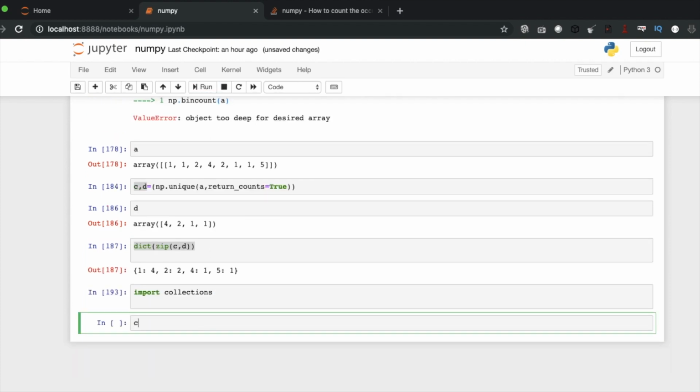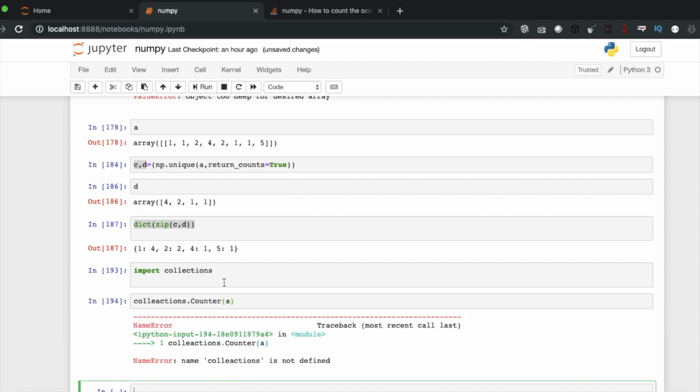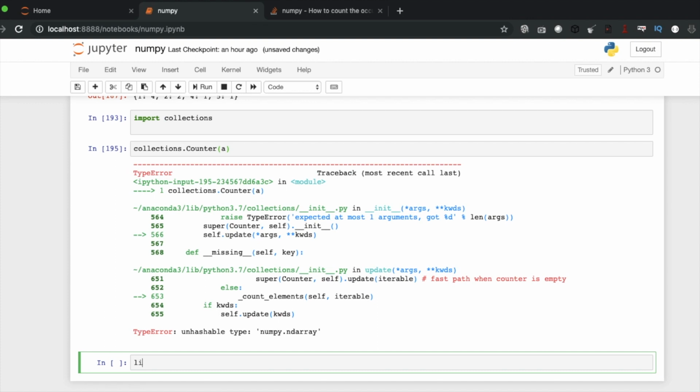Import collections. Collections is not defined. I think there is another way of doing this.